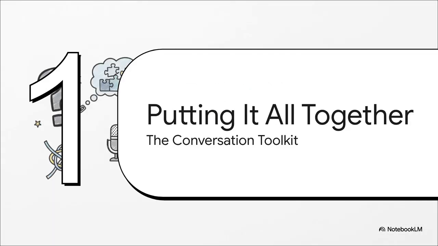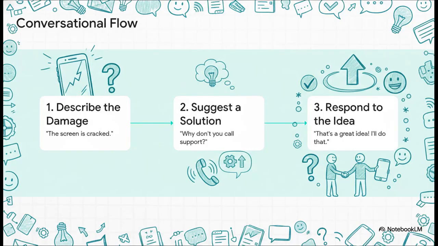Okay, so we've covered the three key parts: describing the problem, offering a solution, and then responding to that solution. Now let's put it all together and see how these pieces click into place to form a smooth, natural conversation. And here it is, the whole flow, step by step. Step 1, you state the problem using our new adjective. The screen is cracked. Step 2, your friend makes a helpful suggestion. Why don't you call support? And step 3, you respond, that's a great idea, I'll do that. And boom, a perfect, complete little